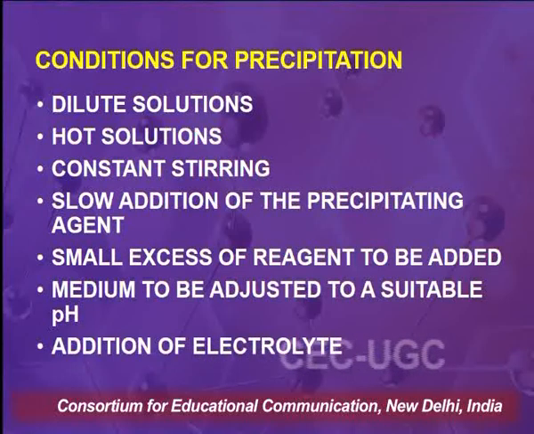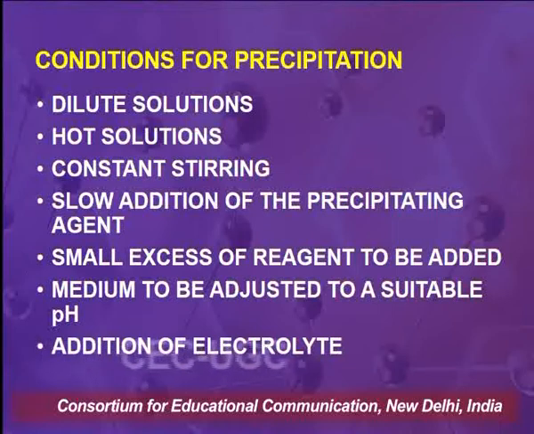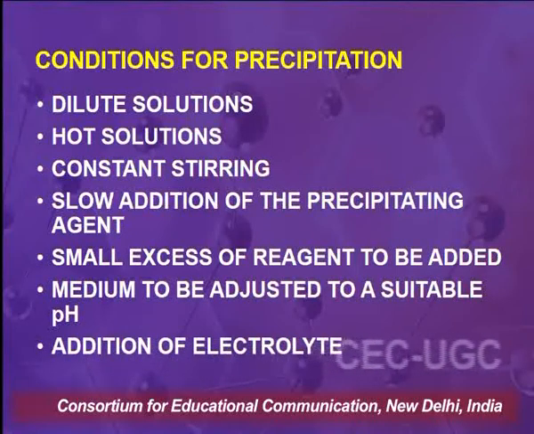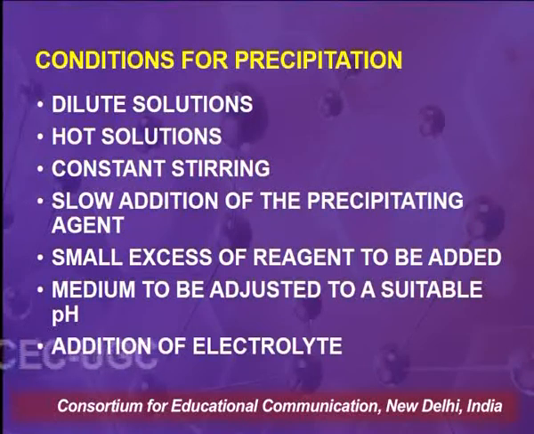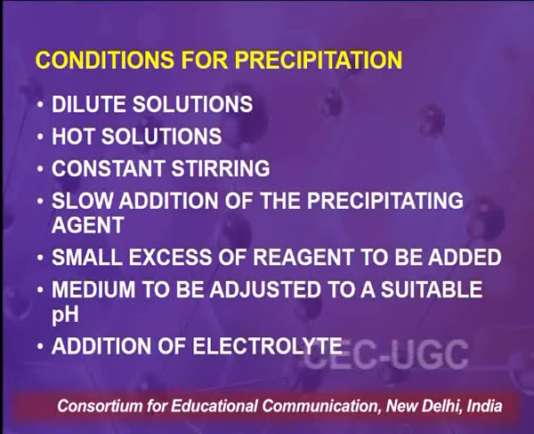Slow addition of the precipitating agent is needed so that if the precipitates are formed slowly, then the size of the particles will be larger and they will not pass through the filtering medium. A small excess of reagent needs to be added. The reagent, that means the precipitating reagent we are talking about here. A very small excess needs to be added so that the equilibrium is shifting towards the unionized salt and the